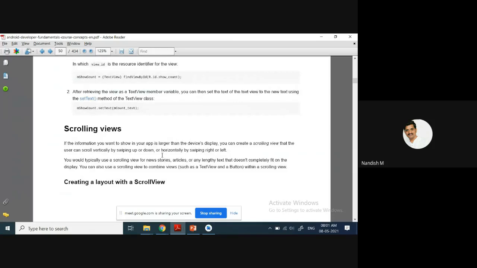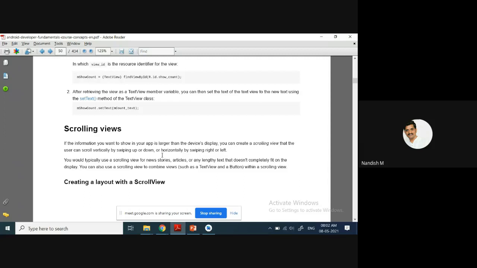Yes, this is all about the text view. What are the things we discussed now? What is a text view? What are the normal basic attributes? Which are the attributes? Height, width, ID and text. Which are the extra attributes we are going to use? Text, text appearance, text style, auto link, all those things that we have discussed. After that, how to change it from the Java code: get the object of the text view and change the text. These are the three things we have discussed.